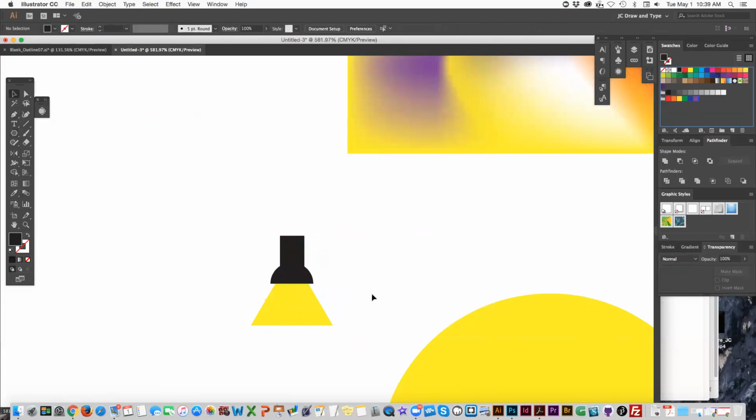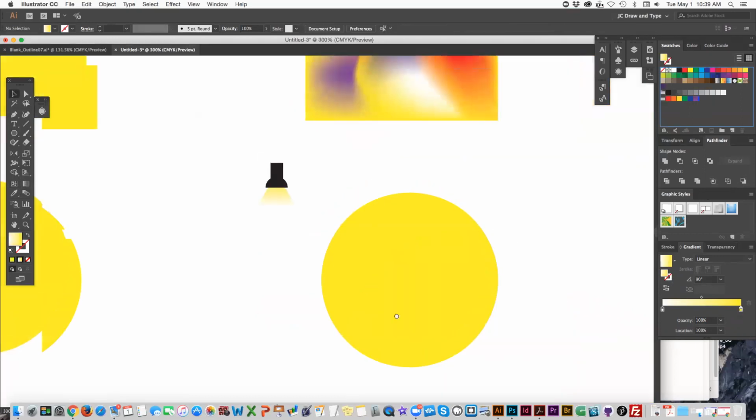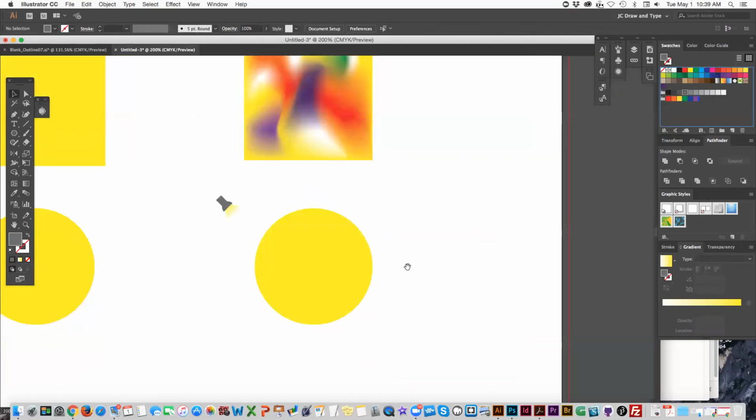Maybe a flashlight. And I can use the gradient tool here and make a gradient transition to white. So see this light now, it looks more real. Yellow light, sure. So there's our so-called light. We can make it a little less intense, but I'm thinking, so the light, if it was coming from over here on this